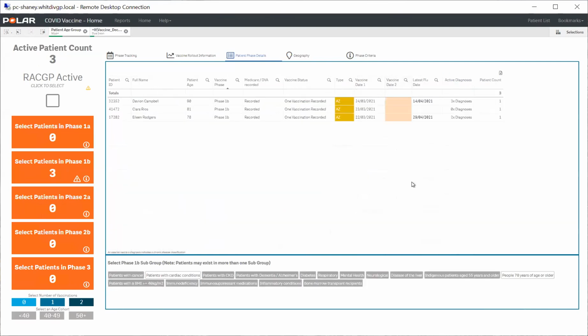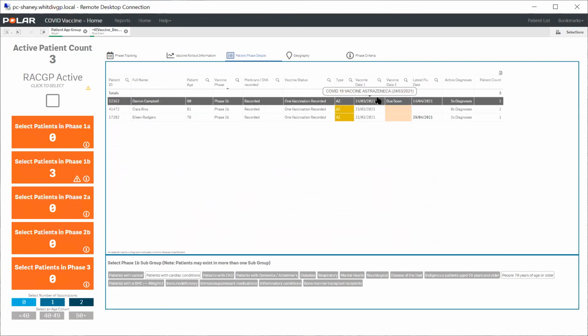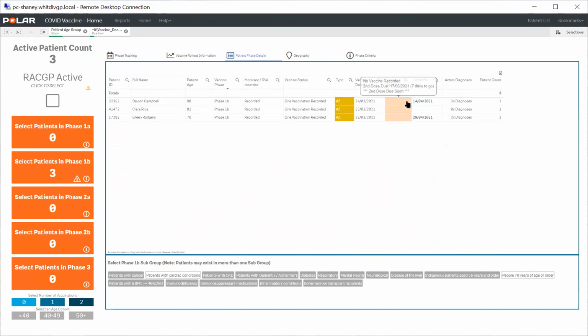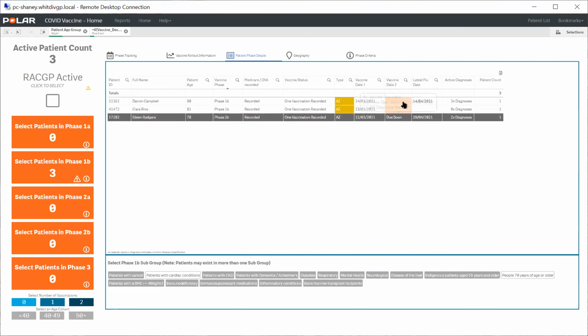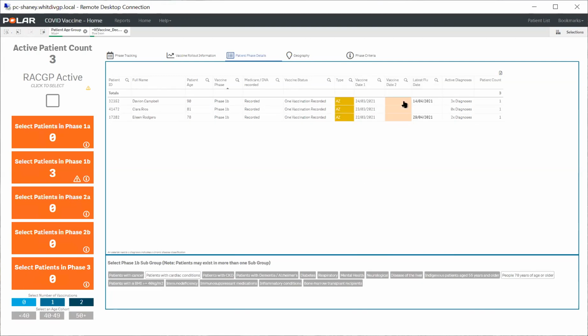We have also assessed a due soon. So this is patients who will be due for their second dose of AstraZeneca or Pfizer within the next 7 days to help facilitate a recall process. So just a reminder to say, hey, your 12 weeks are coming up. It's easy to forget 3 months down the track. So, you know, you're due to come back in shortly. So this patient will be due on the 17th. I'm guessing they're all going to be roughly about the same.